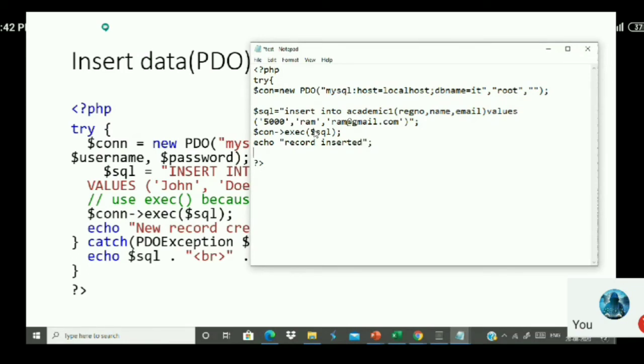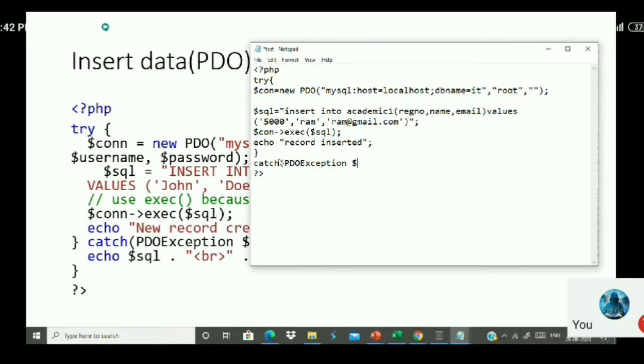Up to this you can do here, and after this, if any error occurs, either in the connection or in the SQL, if there is something wrong in the SQL, the error will be thrown immediately to this catch block. There is a specific error class called PDOException. Anything related to this PDOException will be caught over here.